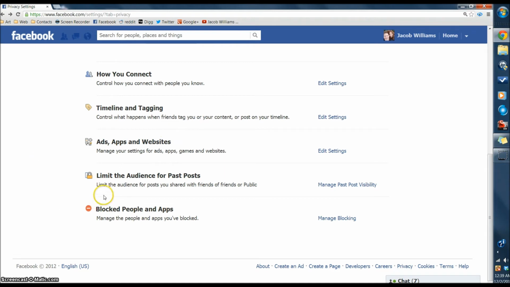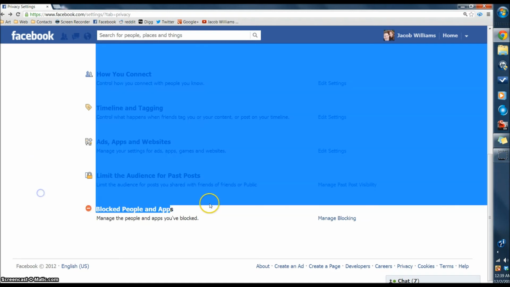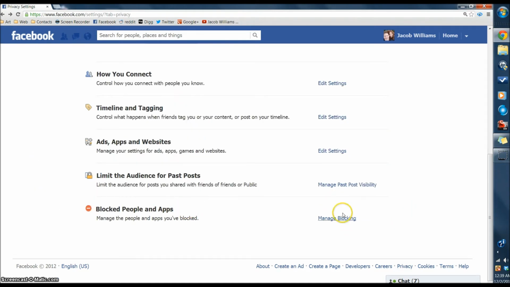Then you can also come down here, block people and apps, and that means that an app can't even, on the side, advertise to you, or if it tries to access your data, or if you try and sign up for it, it'll actually be blocked, so it won't even be allowed to ask you to access your data. So you can just go into there and manage blocking, and there'll be a list where you can just